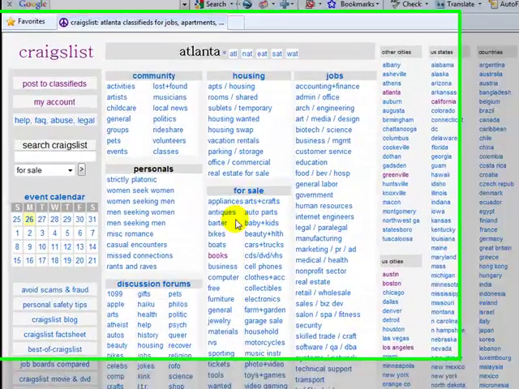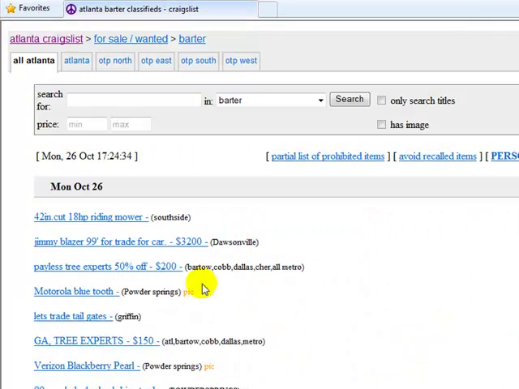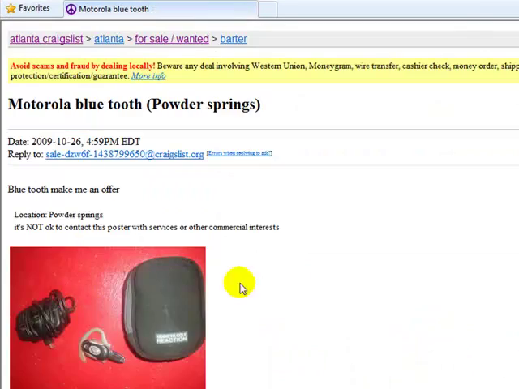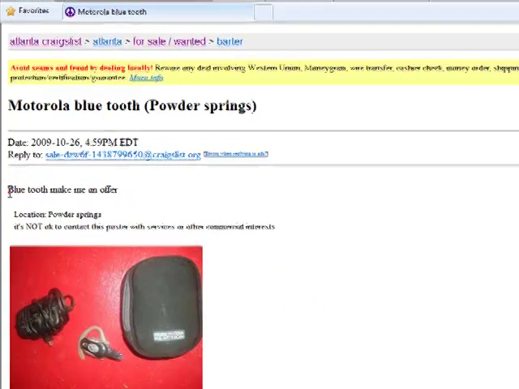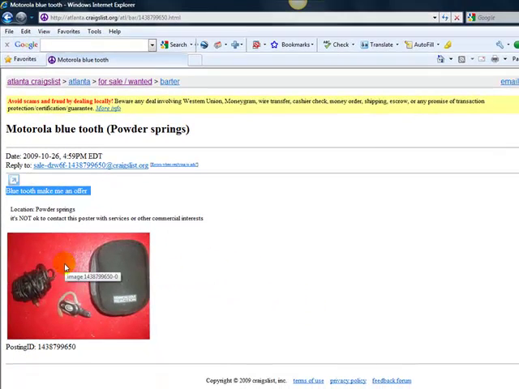I'm going to show you an example of a normal ad. Here is just a basic normal ad. You've got the text and you've got the image. Now,